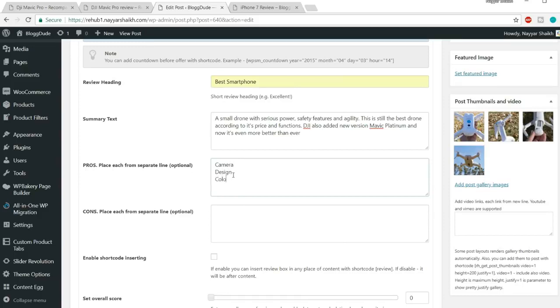It's all up to you. You can just type in anything. Actually, you cannot just type in anything. You have to type what are the pros of the phone and what are the cons of the phone. It's all up to you. Now cons can be, I don't know, no cons, no issues. I'll type in no issues,